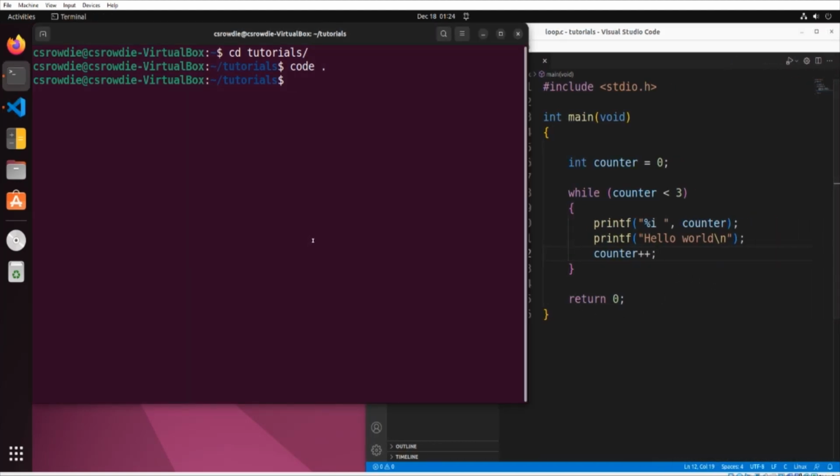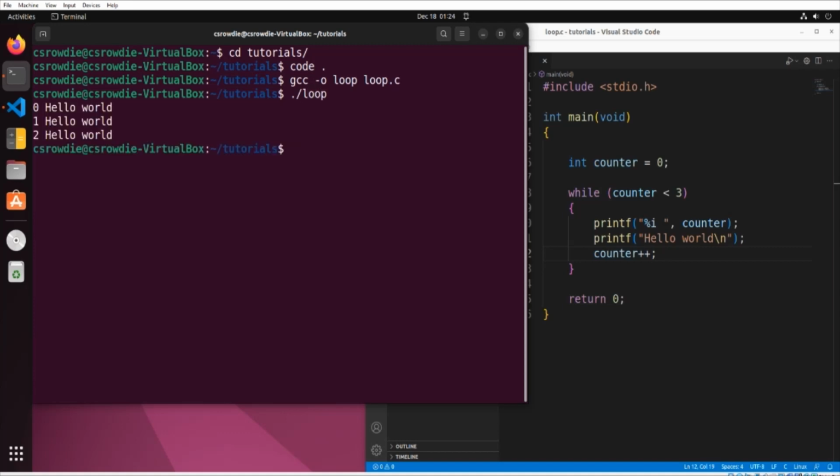And let's go ahead and compile this. I'll say gcc -o loop loop.c. We see that we get no errors. Let's go ahead and run this. ./loop. And we can see on the very first pass, counter was equal to 0, and we print out hello